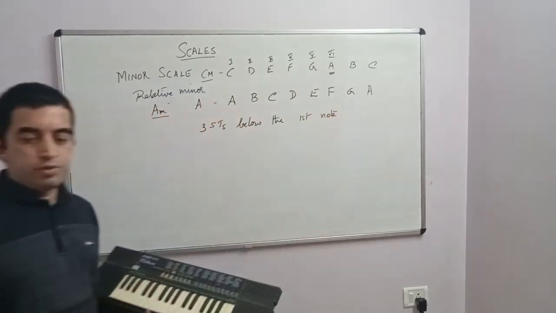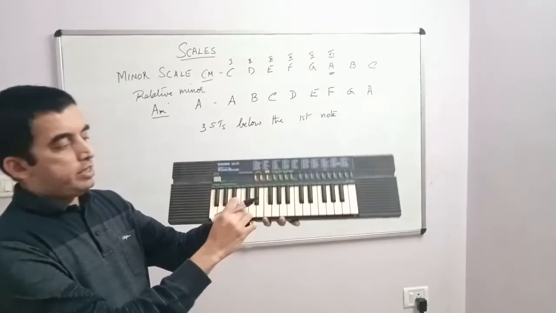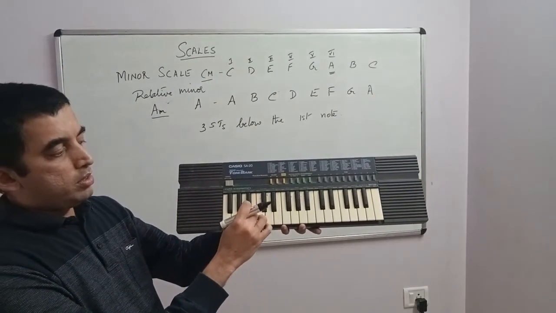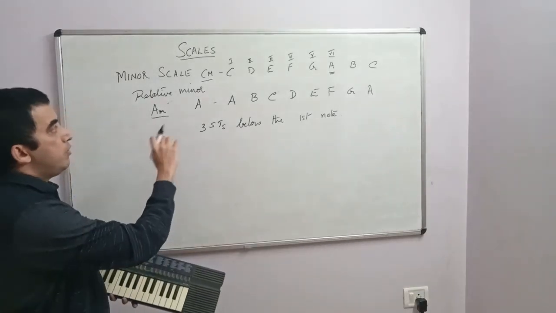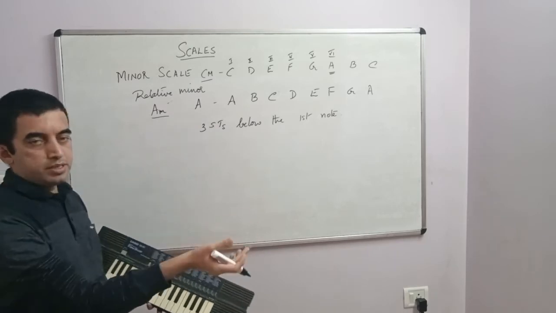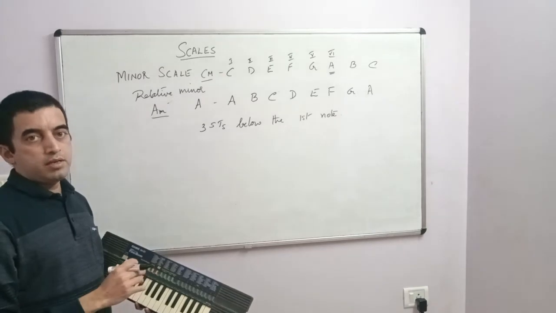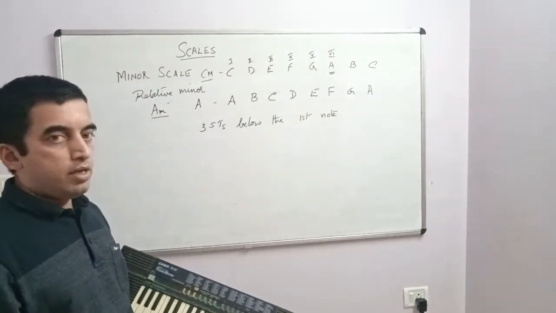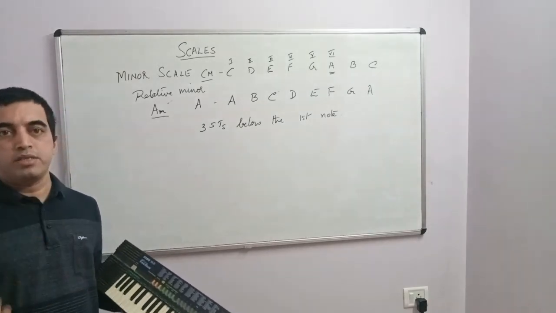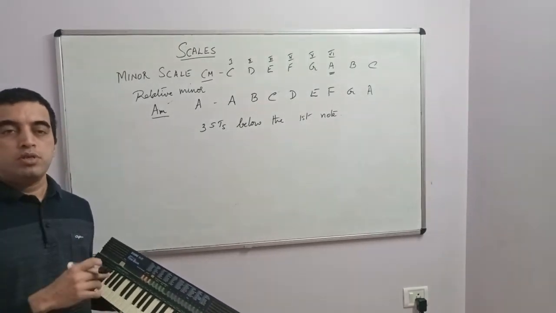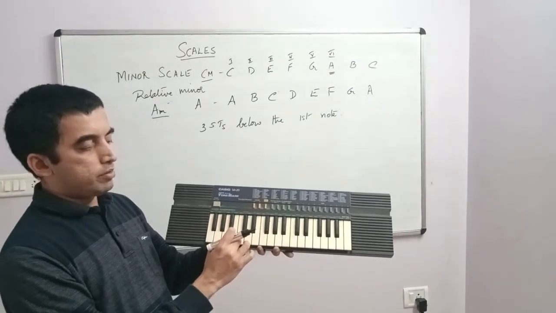Okay, I'm just giving you different ways to come to the minor scale. So if you take the C note, you go down 3 semitones, 1, 2, 3. So that is A. Correct. So to find out which is a relative minor of one particular major scale, we just have to go 3 semitones down the major scale. Speaking the other way, if you have a minor scale and you want to find out the relative major, you go 3 semitones up. So from A minor, 1, 2, 3.